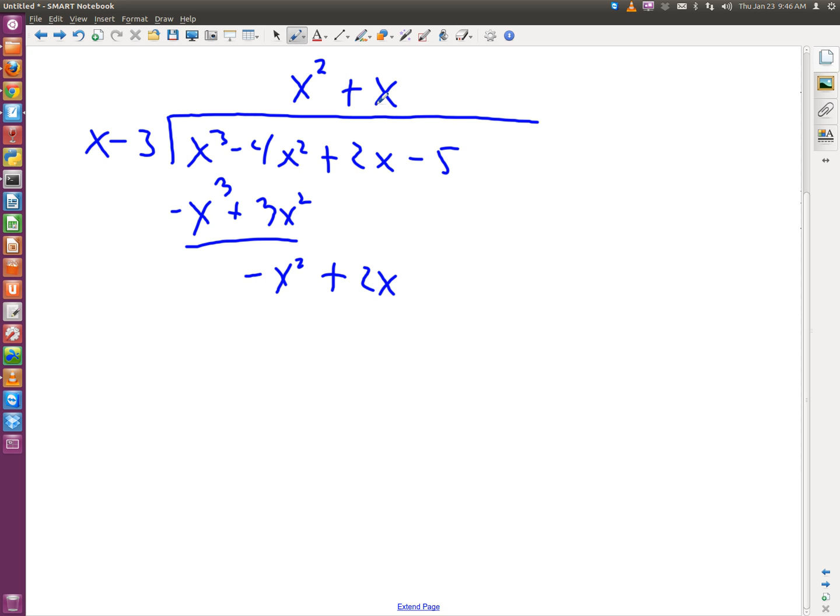Negative x, right, because x times x is? Oh, yeah, by the way, x into negative x squared is negative x. Different version of Smartboard is messing me up here. Okay. All right, so x into negative x squared is negative x because negative x times x is negative x squared. If these don't match, you messed up. And negative x times negative 3, positive 3x. Then you're going to add the opposite, and you get